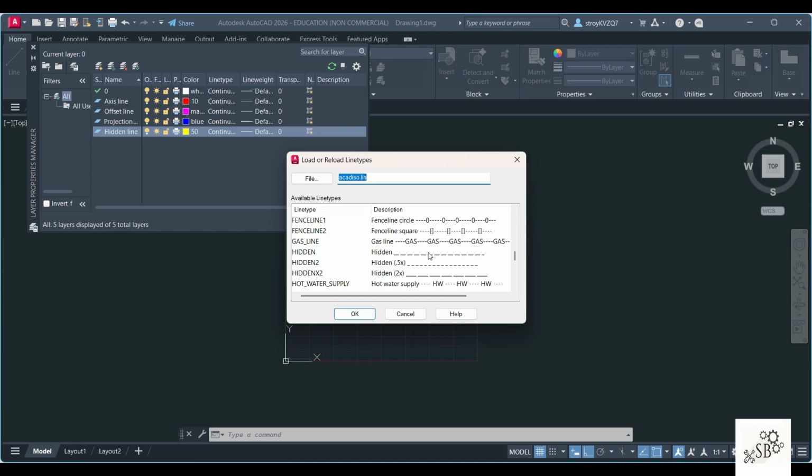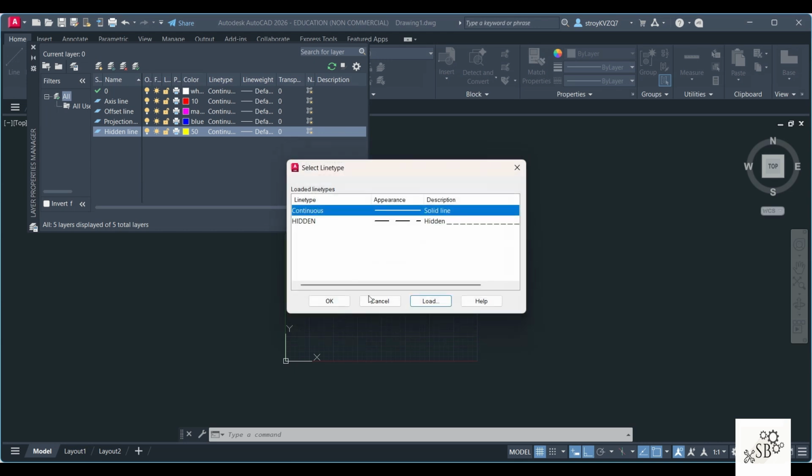Now this is all about the screen size that you have set. Say if your screen size is not appropriate, then you may not be able to see this hidden line. You may have to choose any one of the other two that you can decide once you are into the drawing. So for now, I am choosing the first hidden, which you generally do for all the drawings.